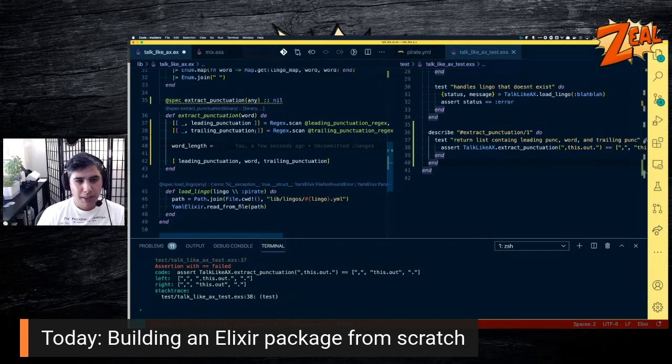So word length is the original length of the word. So String dot